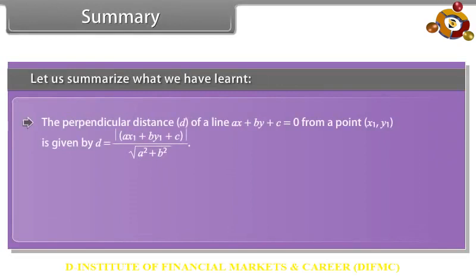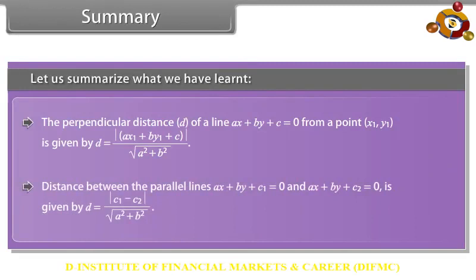The perpendicular distance d of a line ax + by + c = 0 from a point (x1, y1) is given by the distance formula, and the distance between the parallel lines ax + by + c1 = 0 and ax + by + c2 = 0 is given by